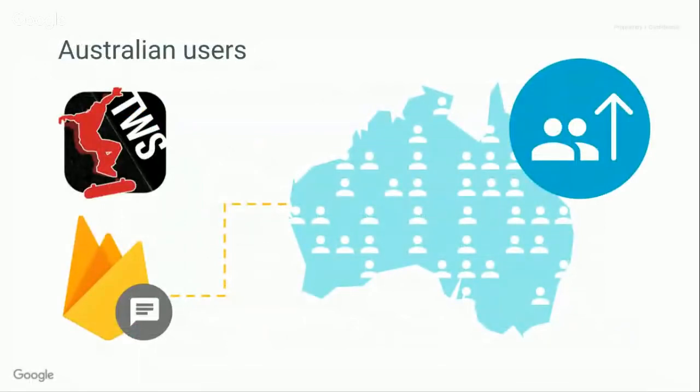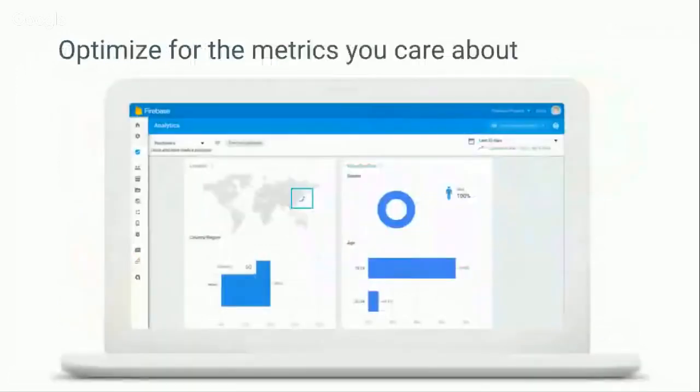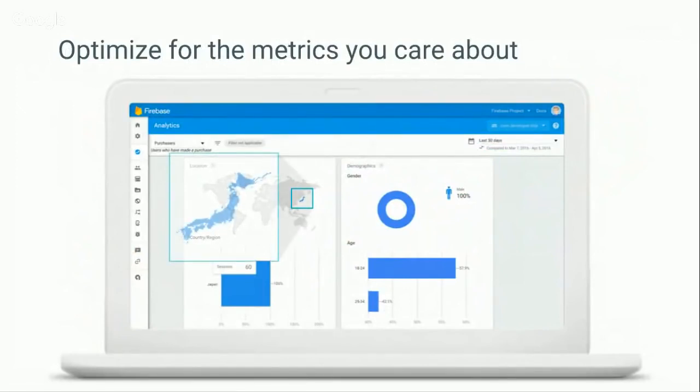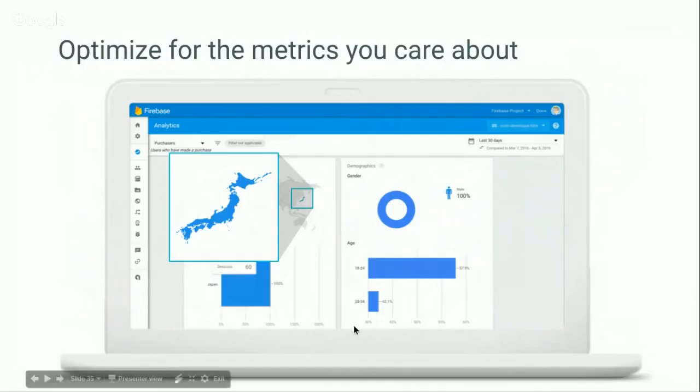And so again, he's seeing that there's growth with the Australian users, that the number of users is growing, and so he decides to go back in there, and he's ready to optimize for the metrics that he cares about. So maybe he's run this campaign for 2 weeks, 3 weeks, 4 weeks, and he finally has some data to understand, okay, well, where do we have to maximize our investment to continue this positive growth? And so one of the things that he notices is actually extremely surprising, is that a lot of his core really valuable users that are actually purchasers, so notice here that he's filtering his data by purchasers, are coming from